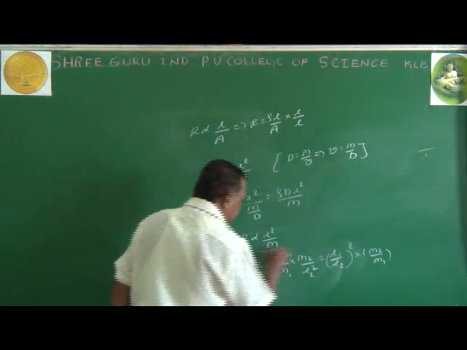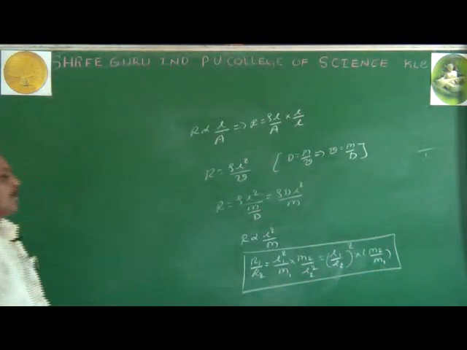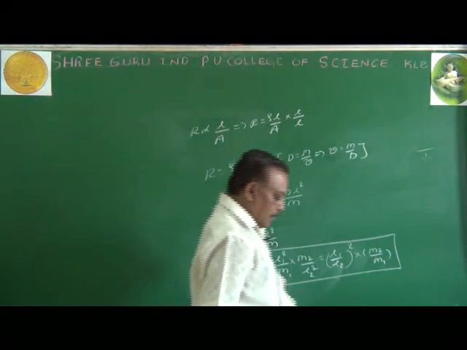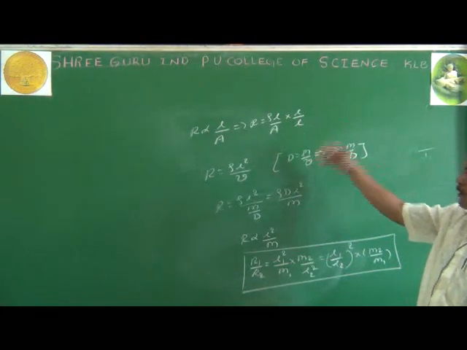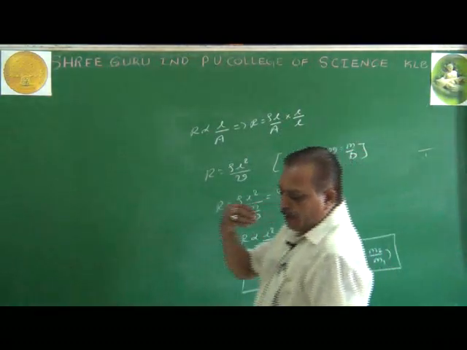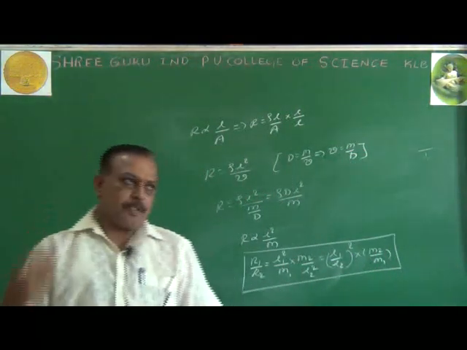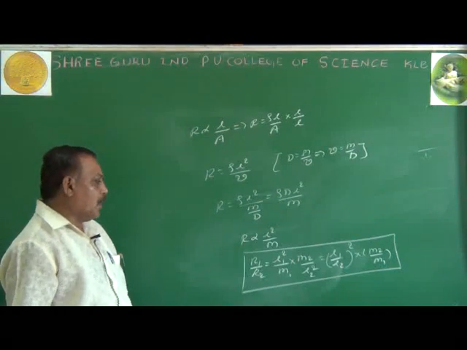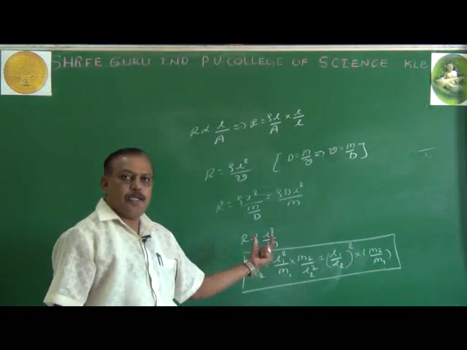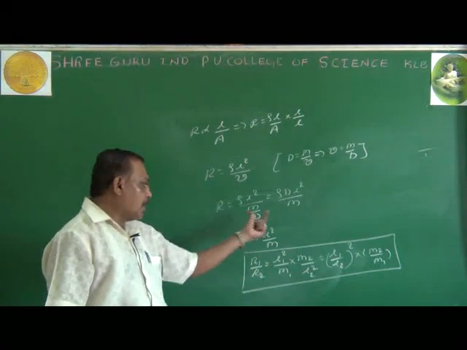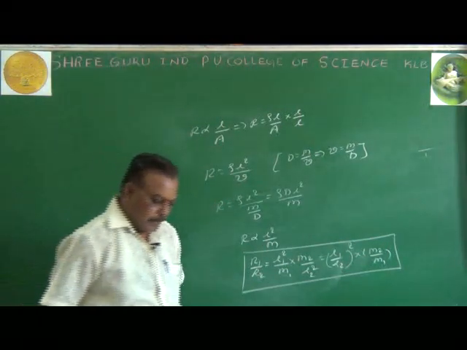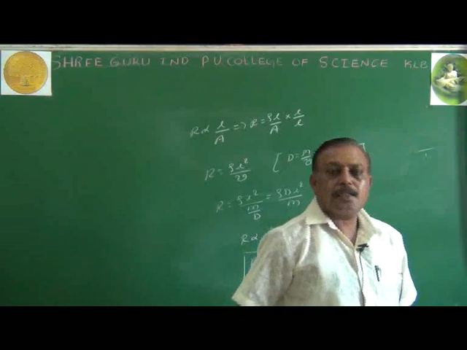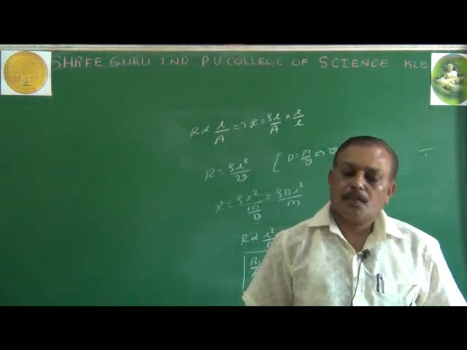This is our relation. Now this is about the relationship between resistance, length and mass. Are you getting the point? Everything will be clear. Don't be afraid of the equations. In a fraction of a second you can recall the equation and attempt the question. Usually, what is the relation between resistance, length and mass? R is directly proportional to L square, and inversely proportional to mass. Is it clear? Yes. Then after that, we come to color coding of the resistors.